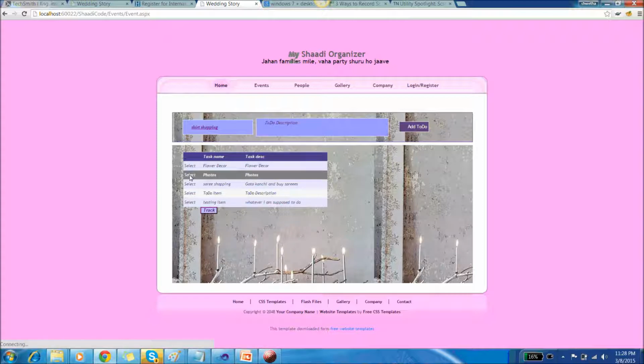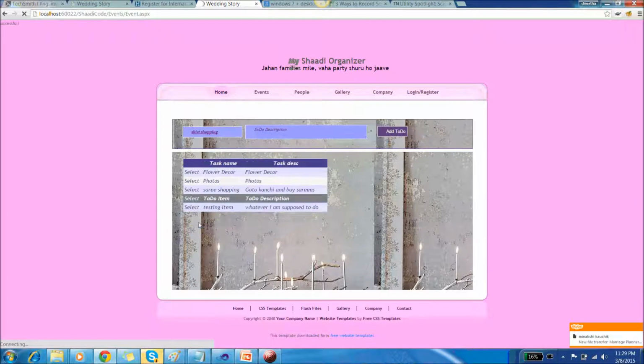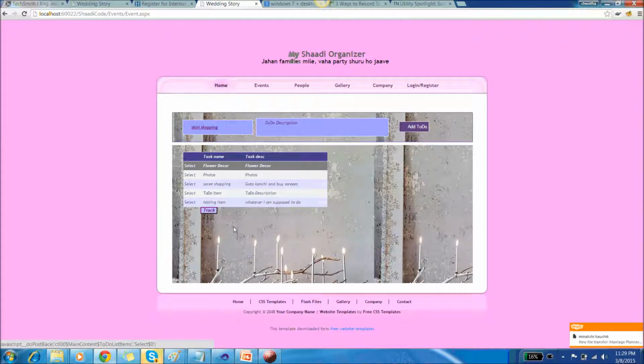Another feature that you get is to track or even assign the tasks. Let me make a selection. For this example, this task is not assigned to anybody. So I get an assign button, and I get a list of people who have logged into the system, my relatives, to whom I can assign the task. Right now the task is assigned to HHH and must appear in the profile of HHH.